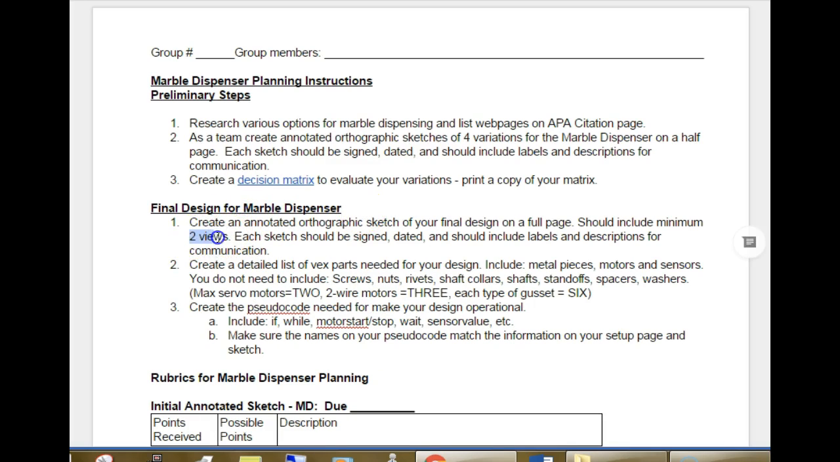This time it has to have 2 views. Usually a front and a top, but sometimes you might want to do a side view. Each sketch again should be signed, dated, and labeled, and there should be descriptions that communicate the ideas. Remember, when we sketch things, the whole point is that your sketch should stand alone. You should not have to explain it to me, so anyone should be able to look at your sketch and